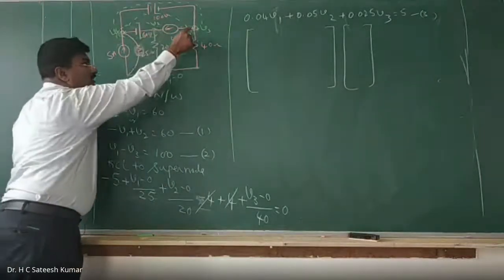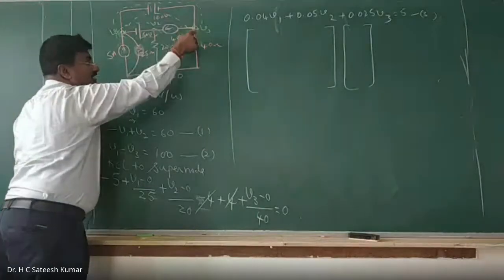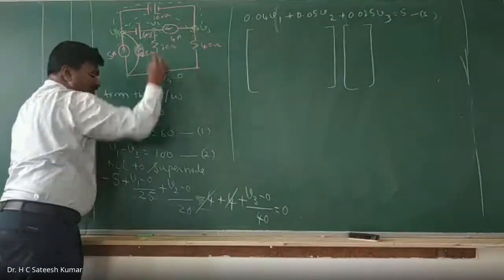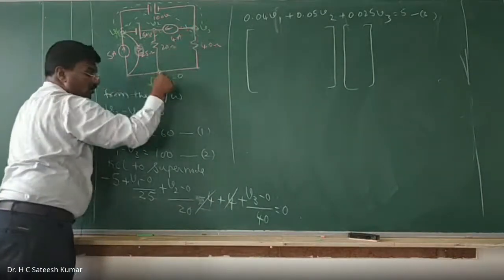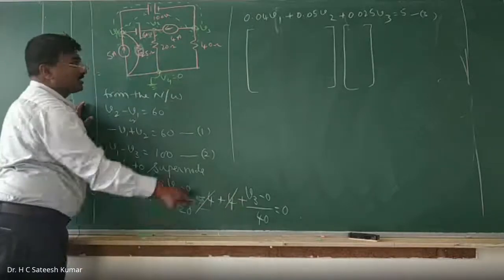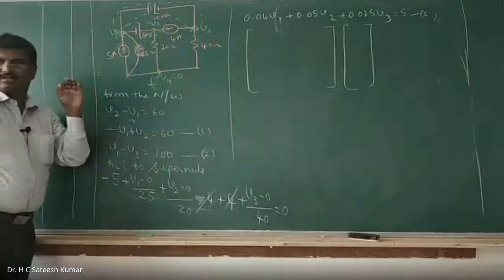Next you go to this one. How many elements are there? 2. This one you should leave it. Voltage source is there. Therefore, V3. Current is leaving is what? Plus 4 is right. And V3 minus 0 divided by 20. 40. So combining these three, we have made a single voltage node.